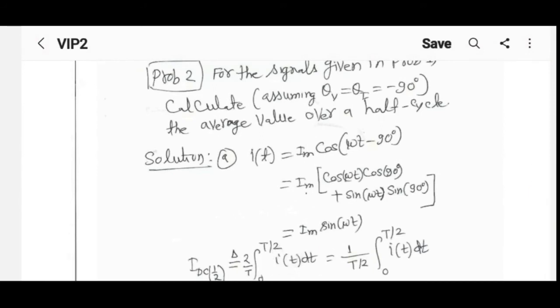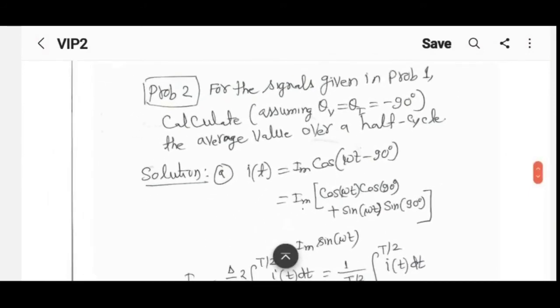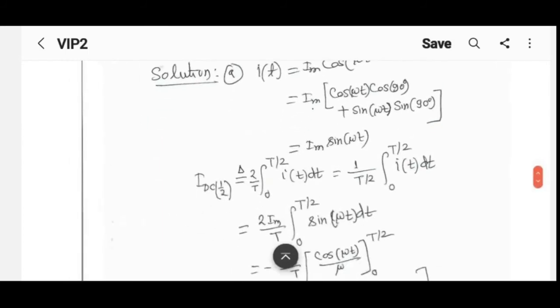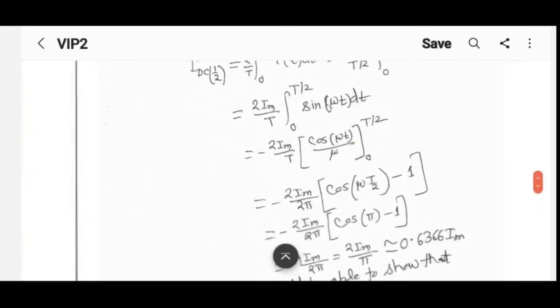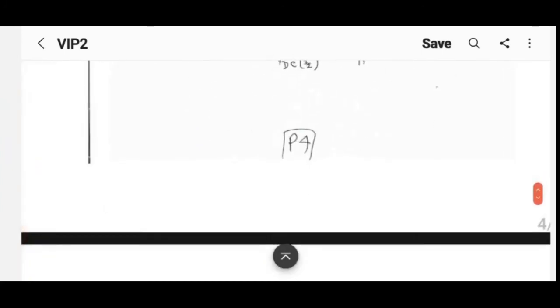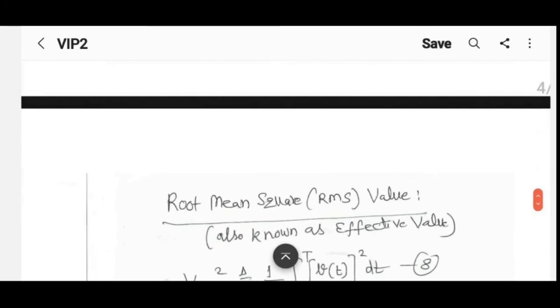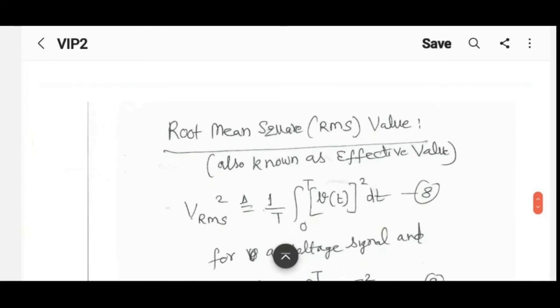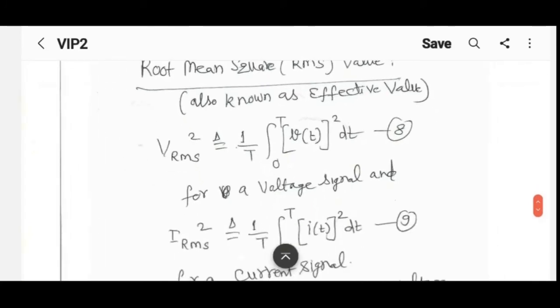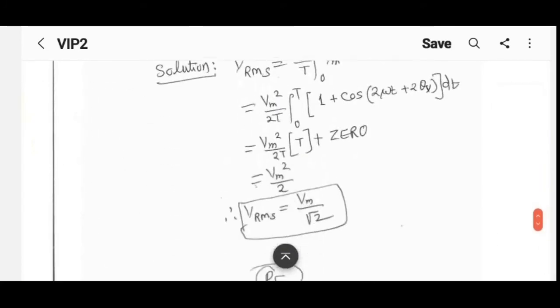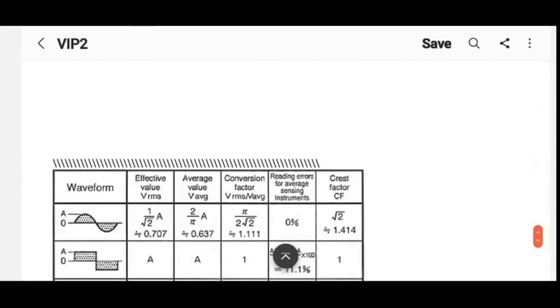Because sometimes this course is taken by mechanical engineers also. That's why many things are being explained in detail for their benefit. Electrical engineering students do not probably need to be educated once again about all this. Okay, basic definition of RMS value, you know all this. So let's quickly move forward. Some solved examples, please go through that.